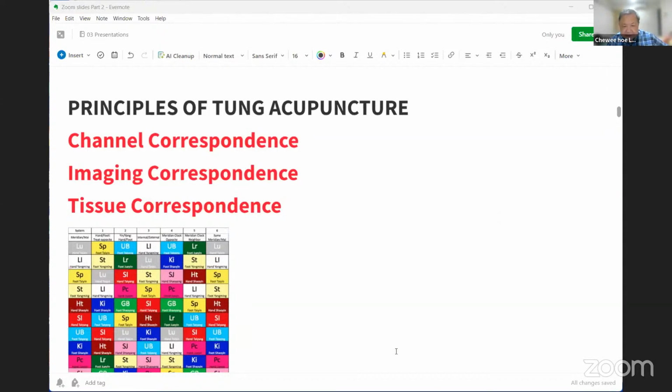Let me look at the chat. Is there any logic for 11, 22, 33? Okay, there's a question. Is there any logic for 11, 22, 33? All right, so I will answer that now.